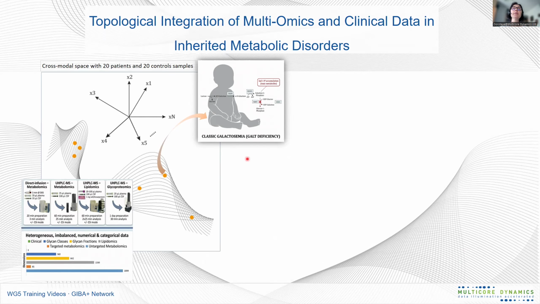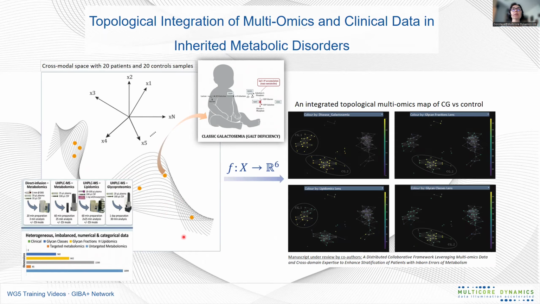So the high-dimensional manifold considered in this study was constructed using targeted and untargeted metabolomics, lipidomics, glycoproteomics, and three categorical clinical descriptors. And I have used each omics to construct a topological lens and then fused them together in this unified topological model comparing classical galactosemia with controls. And two distinct groups of patients emerged,